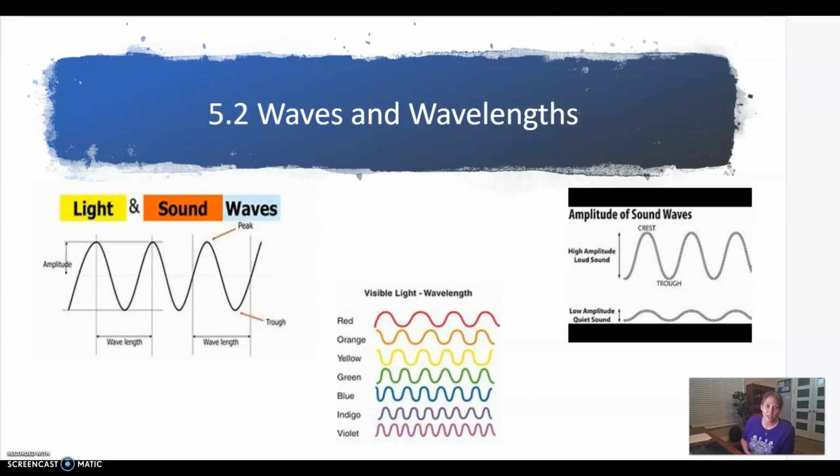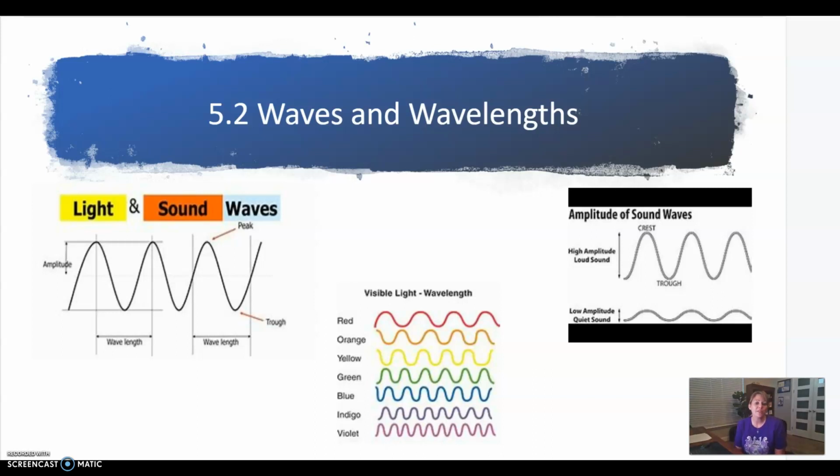The third learning objective is show how physical properties of sound waves are associated with perceptual experience. Like light waves, the physical properties of sound waves are associated with various aspects of our perception of sound. The frequency of a sound wave is associated with our perception of that sound's pitch. High frequency sound waves are perceived as high-pitched sounds, while low frequency sound waves are perceived as low-pitched sounds.